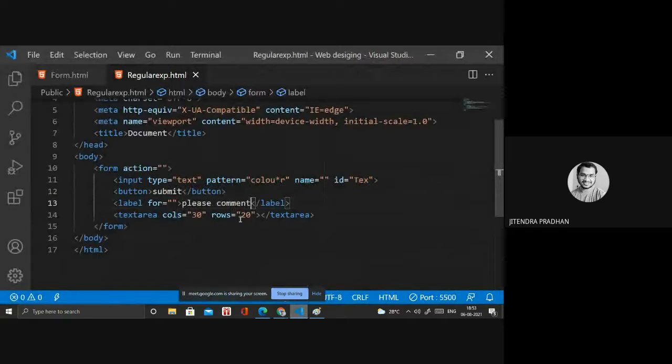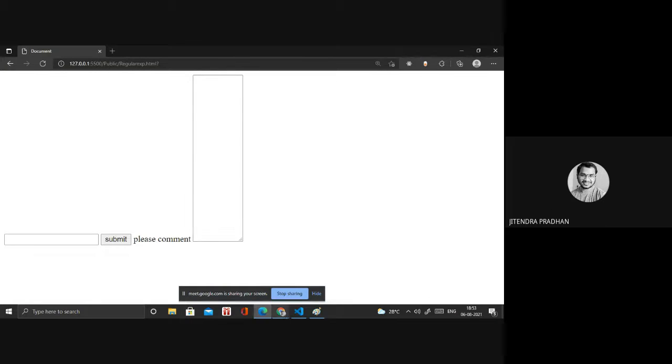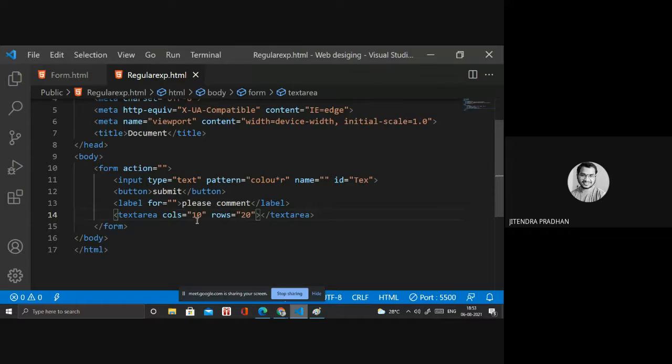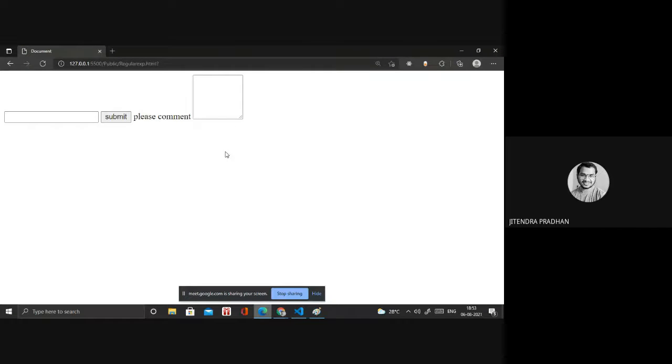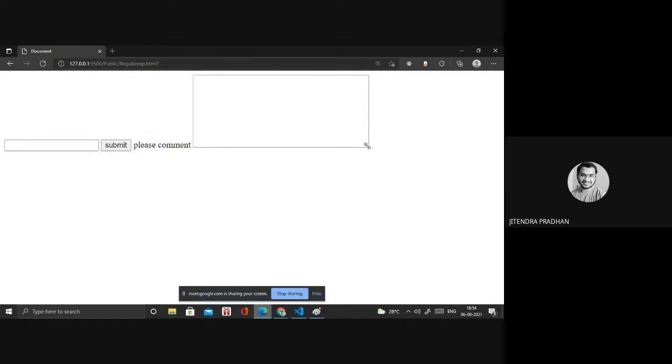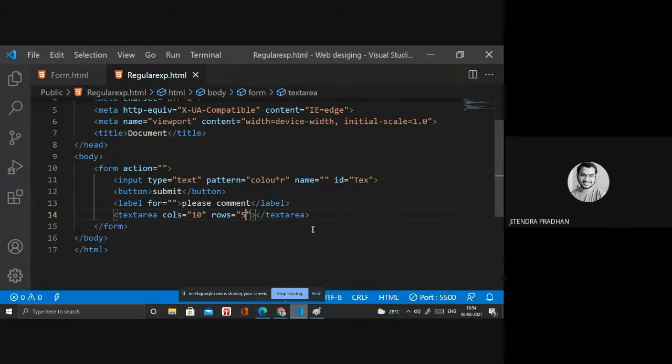What are cols and rows? You have to manage cols according to your requirement. If I give 10, it will be 10. If I write 5, I require 5 rows inside. In that format, it is defined. If you require more than that, you have to expand the box, then write whatever you want. For comment, query and feedback purposes, we use this on websites. Next we have marquee.